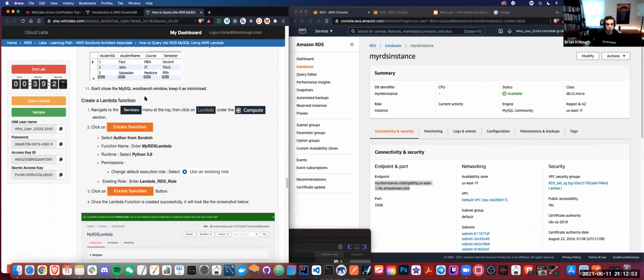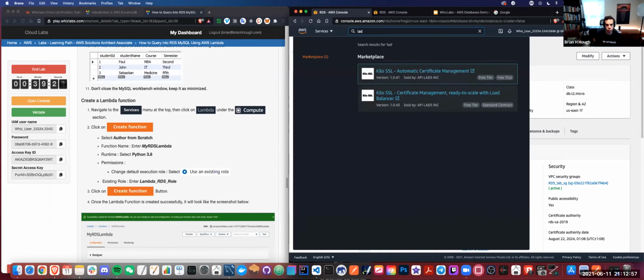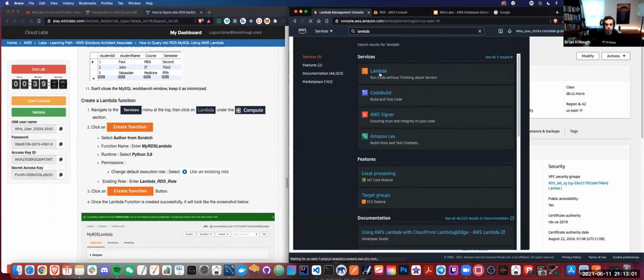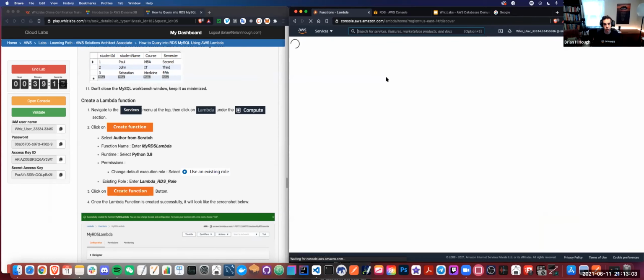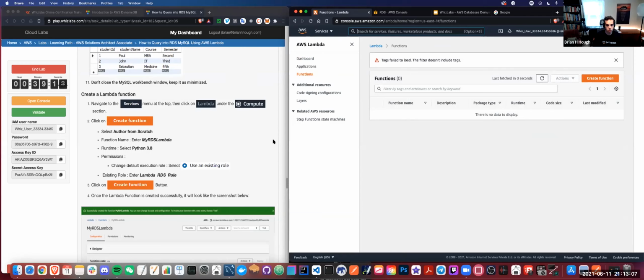So now we're going to create a Lambda function. Lambdas are really good. Krishna, with your question from before, Lambda functions are really good skills to know how to write these because you can write code and it's just running serverlessly, which is great. So we are going to go to Lambda and we're going to create a function